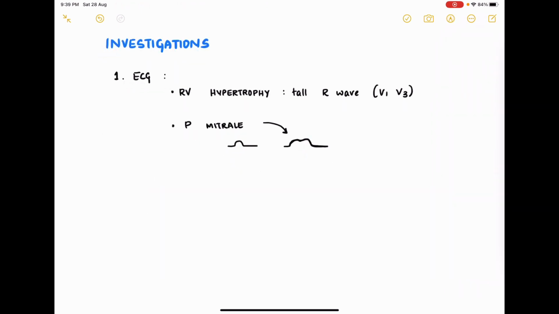The investigations that you should be doing in these patients include ECG, where you can see right ventricular hypertrophy represented by tall R waves in V1 and V3. And P mitral. So P mitral is seen when there is left atrial enlargement. We know that left atria pressure is increasing, left atria is getting dilated, that is, there is left atrial enlargement,